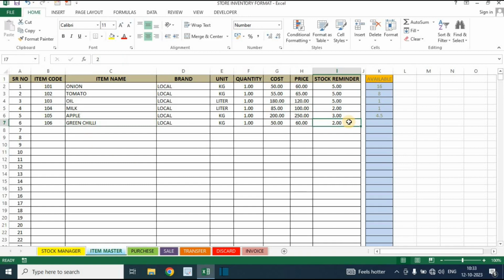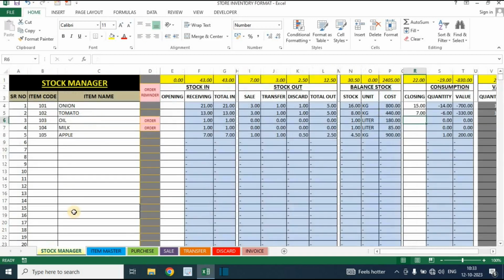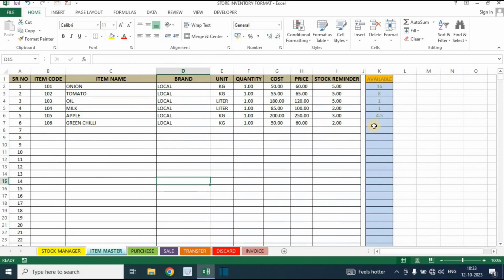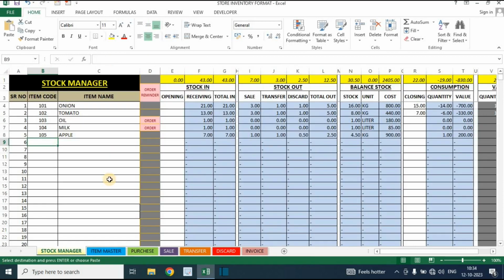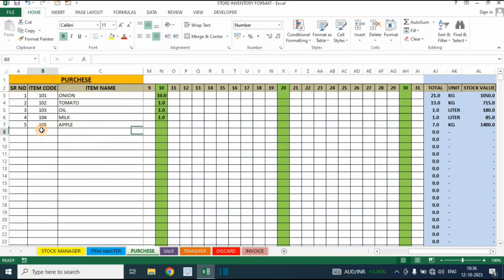So whenever we have less than 2 kg of green chili in our stock, it will give us a reminder in the stock manager. As you can see, we have to order oil and milk also. In a similar way it will show us to please order green chili because it is low in our stock. Whenever we enter a new item in the item master, simply copy the item code and item name and paste it in the stock manager. As I have added the green chili, as you can see in the available stock balance section, the unit is updated. In a similar way I will copy and paste the item in purchase, sell,